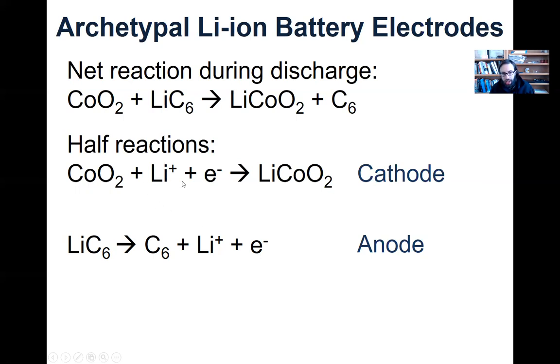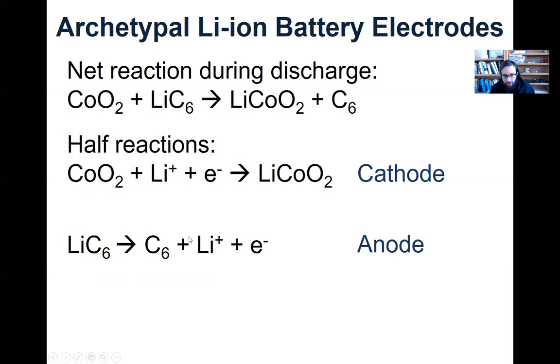You can see that each one of these reactions is balanced, right? The left side has one cobalt, the right side has one cobalt. And we have a plus charge and a minus charge. Overall, that's going to get you no charge, and on the right side here, we have no charge. So this is balanced. Same thing with this one, right? Overall, we have no charge with the lithiated graphite on the left side. Then we have a plus and a minus charge on the right side. So that's overall neutral. So it's balanced, and so are the number of each atoms. Just like any equation, it's balanced.